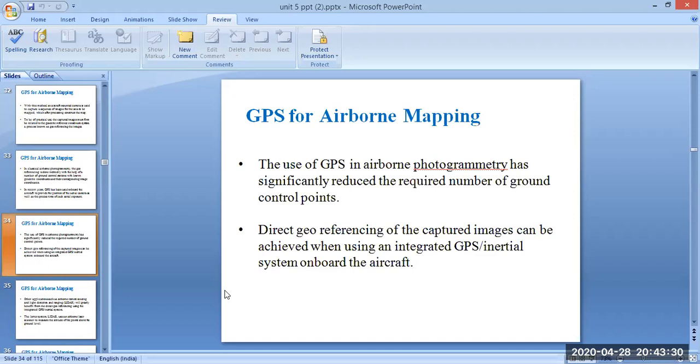We have also discussed integrated GPS INS in the previous session. Here, georeferencing means the image coordinates are mapped with the inertial coordinates of a map.